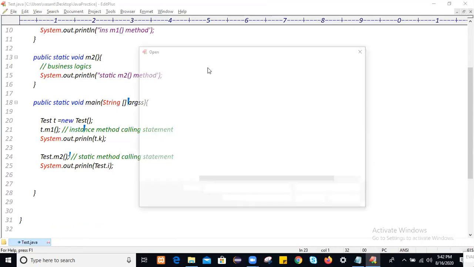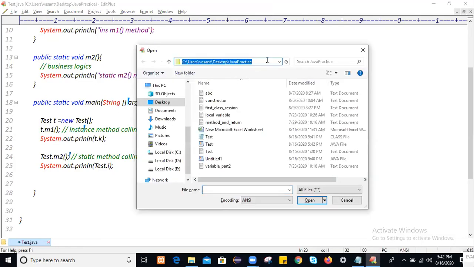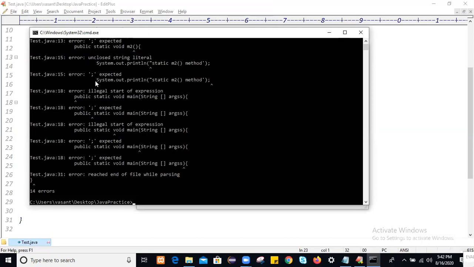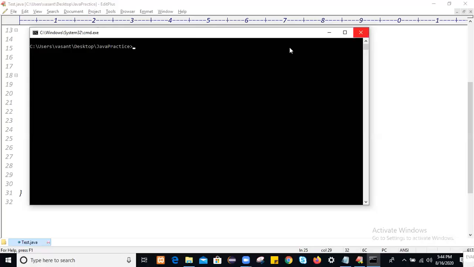Go to that location again, just type cmd to open the command prompt, and compile it. What is the application name? javac Test.java.